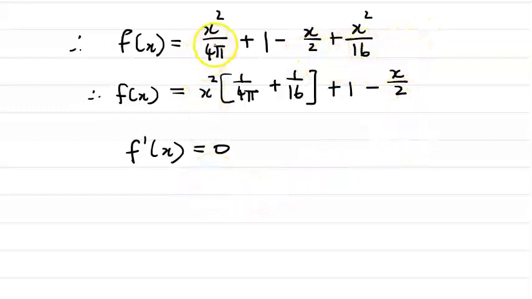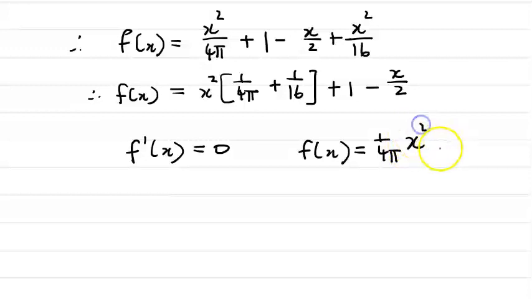So if we had to write out f of x as kx to the n, it will be as follows: 1 over 4 pi times x squared plus 1 minus x over 2